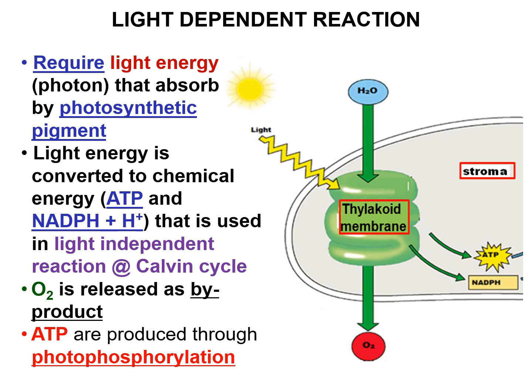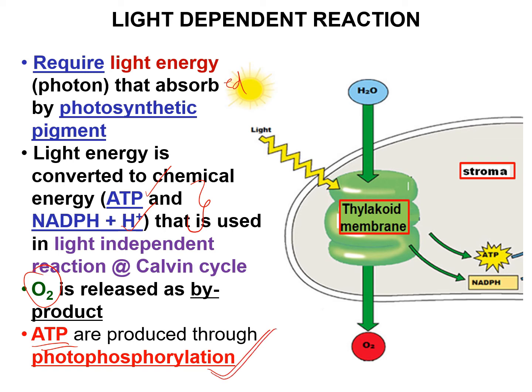Light-dependent reaction requires photon. Photon is the light energy. The photon will be absorbed by photosynthetic pigment and then converted to chemical energy such as ATP and NADPH. These two substances, products of the light-dependent reaction, will be used in the light-independent reaction later on. During the light-dependent reaction, oxygen is released as byproduct and ATP is produced through